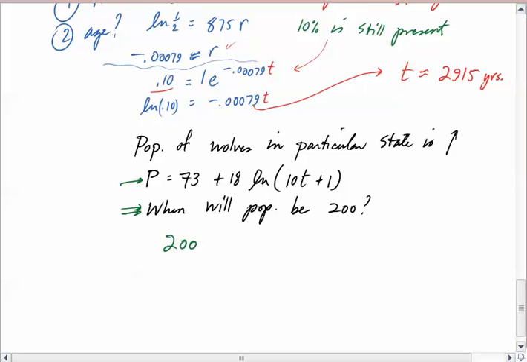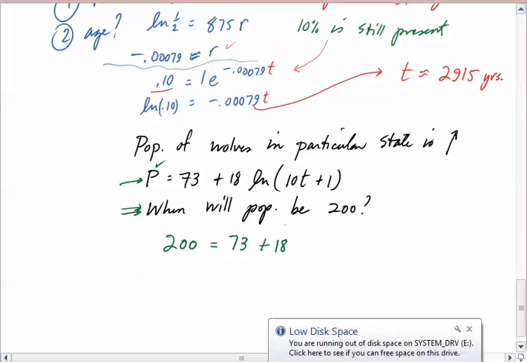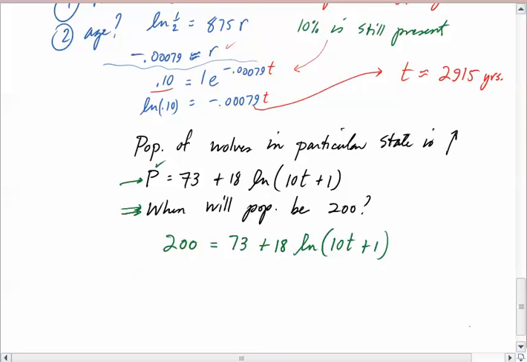Well, of course, we're going to put a 200 in for the population, and then we're going to just whittle away until the natural log is all alone. We're not using logs, there's already a log on this. We're going to whittle away until the natural log is all alone, and then we're going to get it into exponential form. Let me show you what I mean. Take away 73, and I'm going to have 127 is equal to 18 natural log of that quantity, and then I'm going to divide by